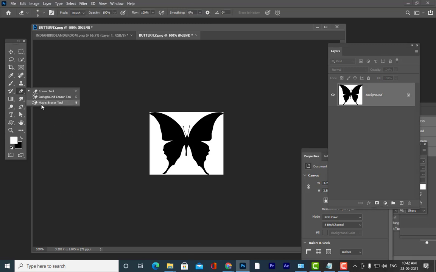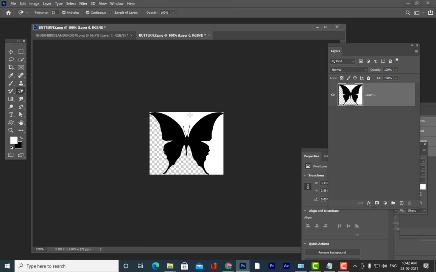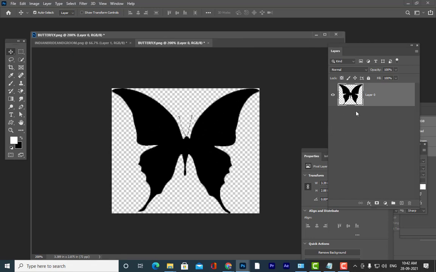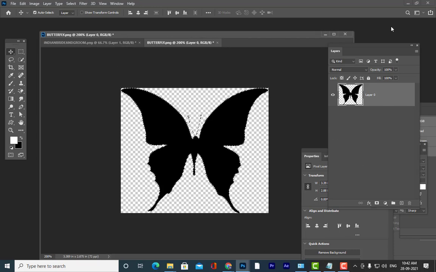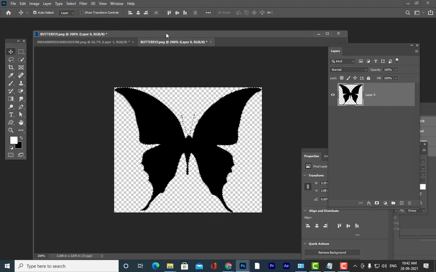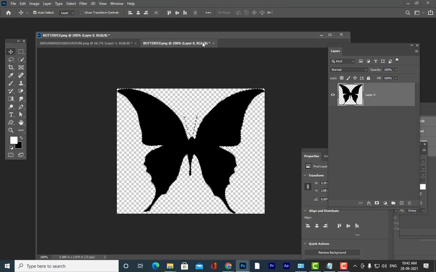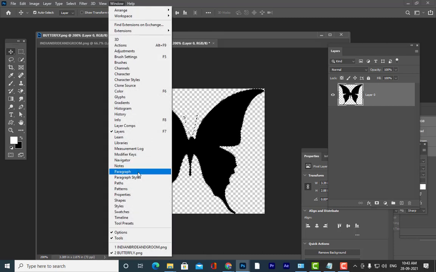First we have to do the selection, and in Window we have to select Paths. Okay, first we have to get a selection, and then Window, Paths.